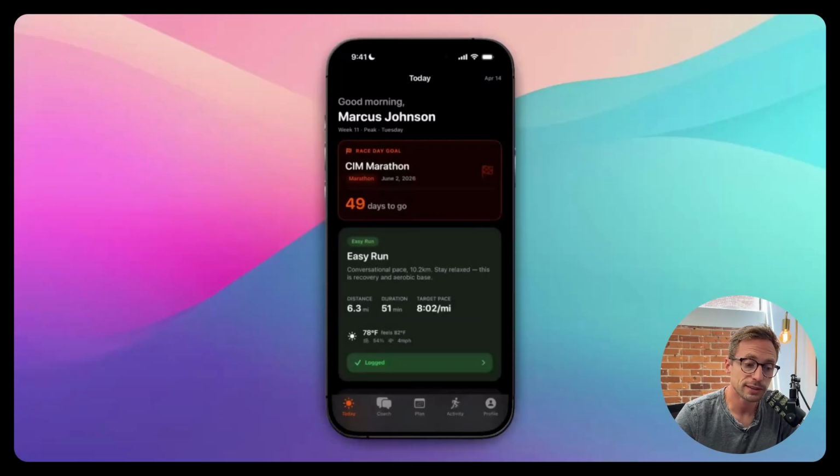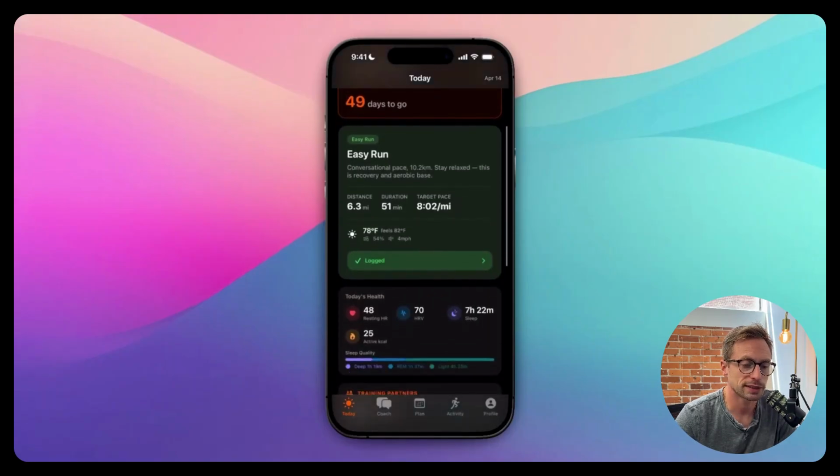And this has been a fun project to work on. So this is GoalKit, and this is the Today page. So when you log in, it's going to tell you what your goal is. For example, maybe you're trying to run a marathon or a 5K or whatever it is. So it'll tell you that goal, and then below that, it'll tell you what you're supposed to do today. So in this situation, we have an easy run. So that's cool. That's nice and easy. 6.3 miles is kind of a little too long for an easy run in my case.